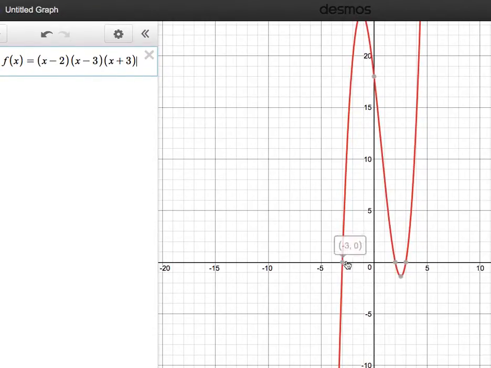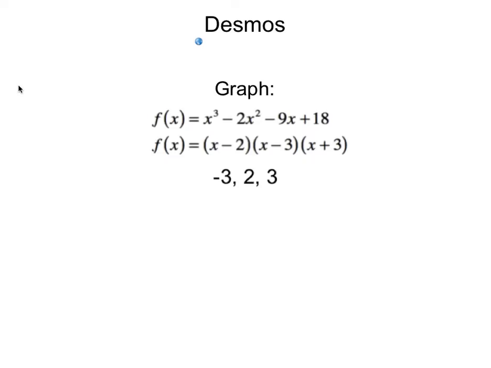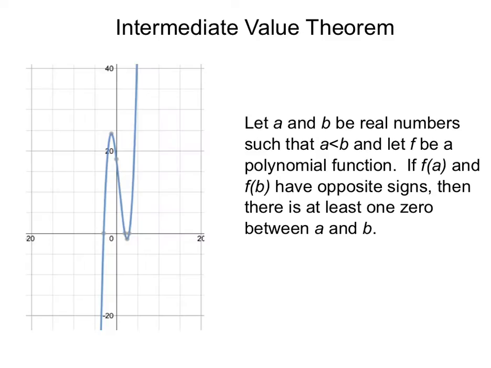So clearly, my graph intersects at (-3, 0), (2, 0), and finally (3, 0). Up here, (0, 18) is my y-intercept. So to graph our function, it's going to be really nice when I know the zeros and the y-intercept, because that gives me an idea of what my graph will look like. And we are going to keep looking for different identifying features of a graph so we can do a good job with that. Now,